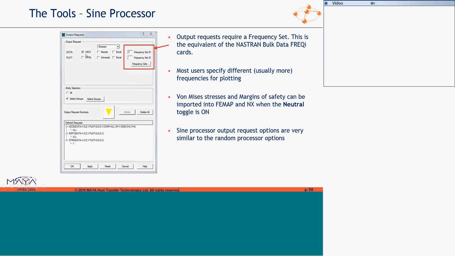But looking at your maximum result, you'll probably focus on the natural frequencies. So note data and plot. Data is for tabular output, or creating contours in NX. Plot is just HTML pages or plots in the NX function navigator.